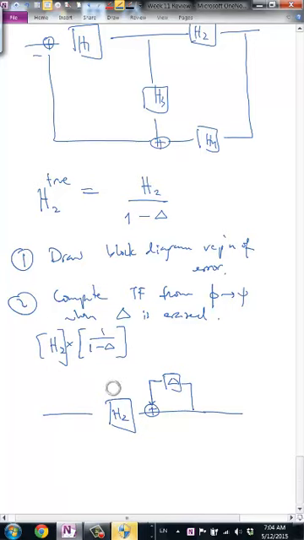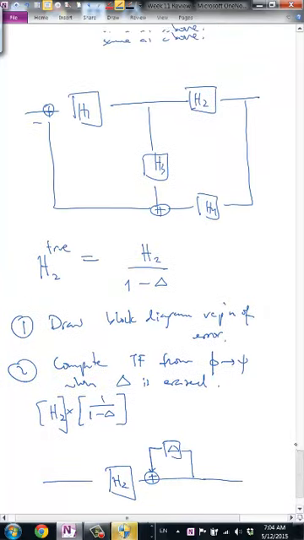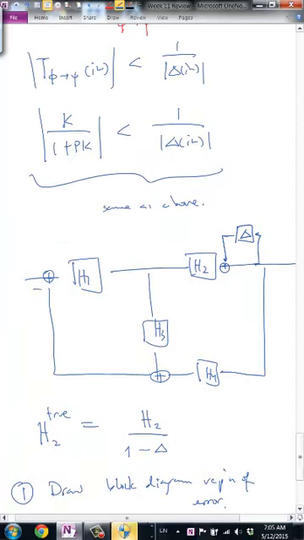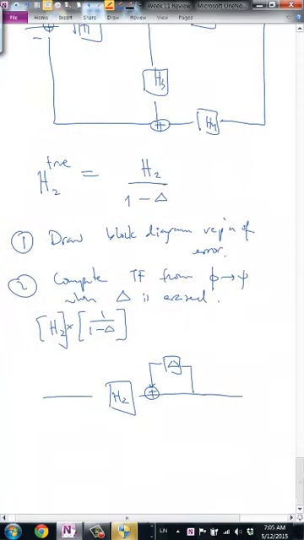So basically, I need to put this right in H2, and then compute the transfer function. Here, let's actually do that. So we'll have this setup. And then step 2, which I won't do here, is computing the transfer function from input to output when we've ignored delta. And that is the small gain